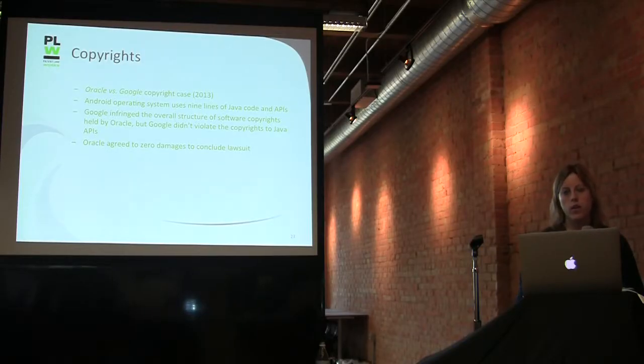There's a general thought in the industry that it really shouldn't be about the APIs. You shouldn't be able to sue for copyright infringement because all that is the ability to communicate with another computer, access and all that. So it's more the example here where you have the operating system using the Java code, because then you're taking someone else's source code and using it yourself, as opposed to the information for being able to communicate with other devices. Because we were only talking about 9 lines of Java code, and we're talking about millions of dollars that went into this,